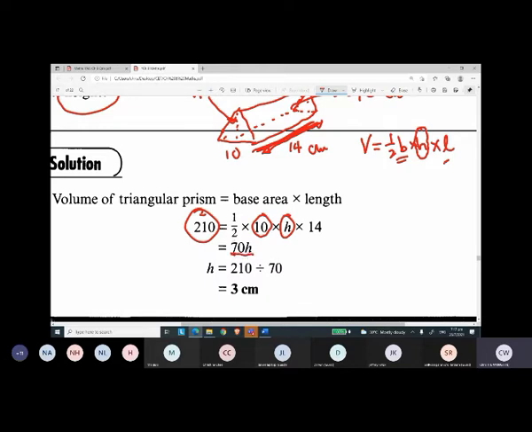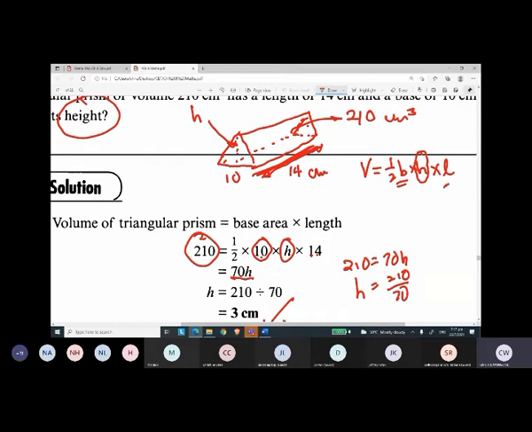So all you need to do is, 10 times 14 divided by 2, you get 70. And then you do a cross multiply. So you have 210 equals 70h. What is h? h equals 210 divided by 70, isn't it? That's why you have 3 cm. In this case, instead of finding the volume, they ask you to find the height of the triangular